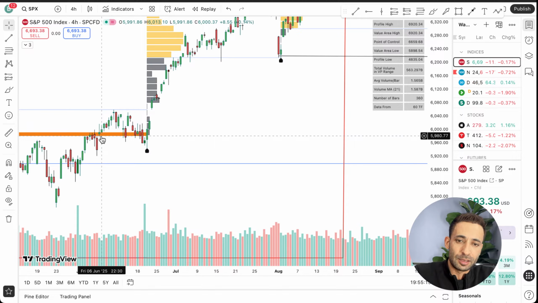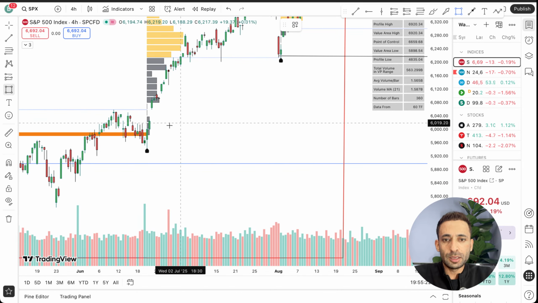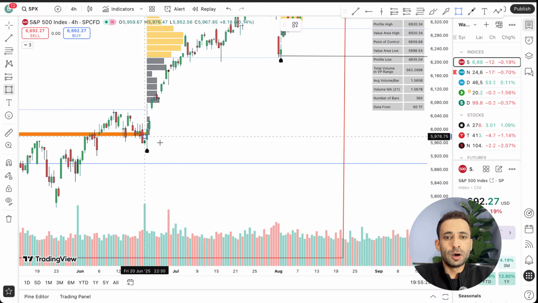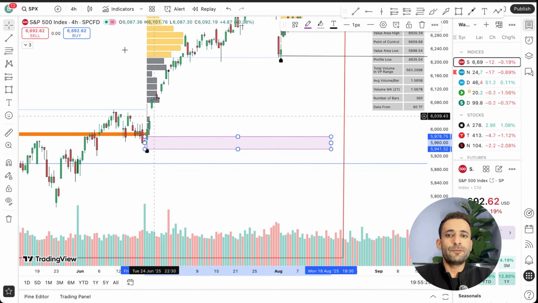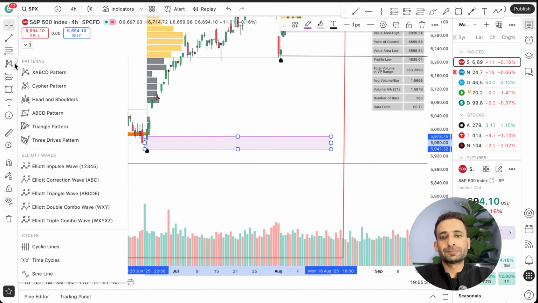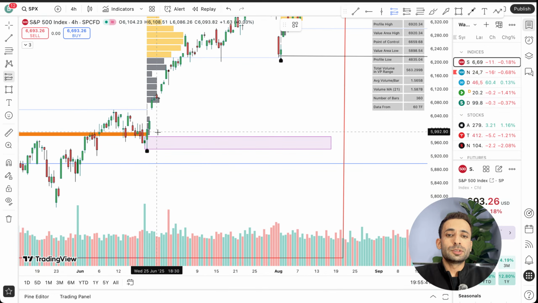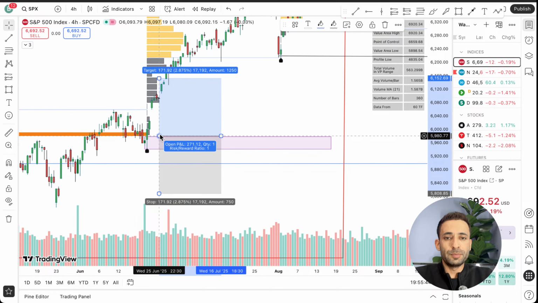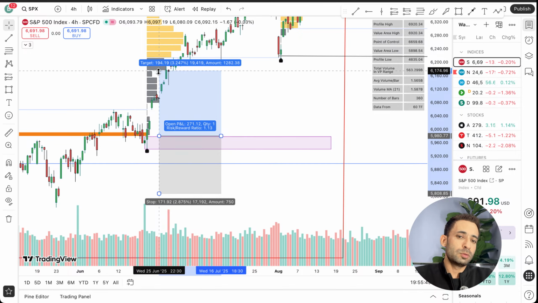This is giving me another confirmation about taking a position. Let me just mark it, okay? Here you see this one was my demand zone. So this is also the point of interest. And if I'm going to take any position here, I'm going to just go here. Sorry, not this one. Yeah, here. I will just take a position from here after confirmation, not just this, okay? And I'll just go with 3 to 1 or 1 to 1.